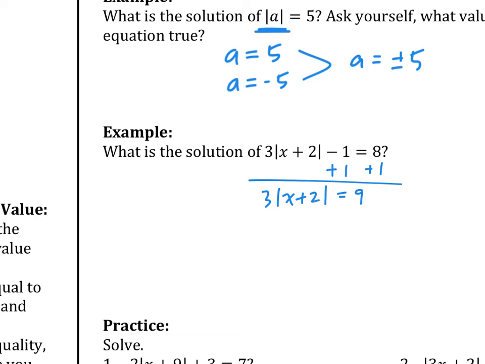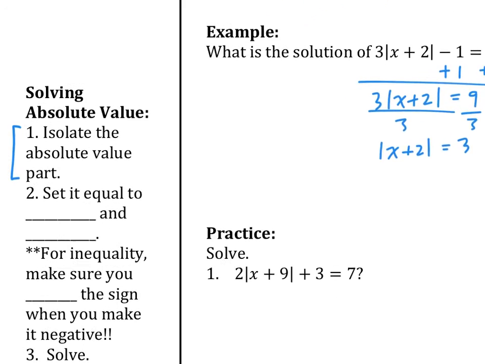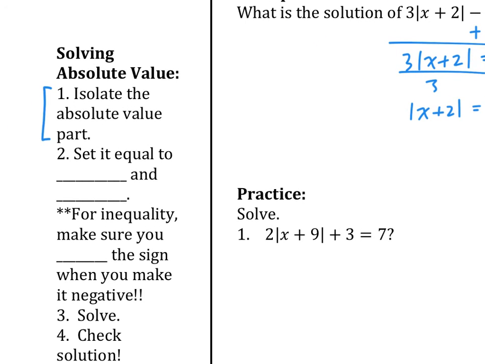The next thing we're going to do is get rid of the 3. So do not distribute. Absolute value is not a parentheses. You cannot distribute like that. Okay, so please be careful. Divide by 3. So absolute value x plus 2 equals 3. The next thing is step 2. Set it equal to